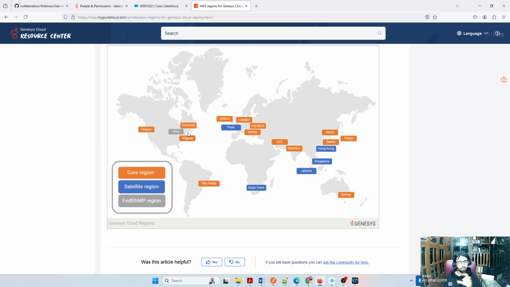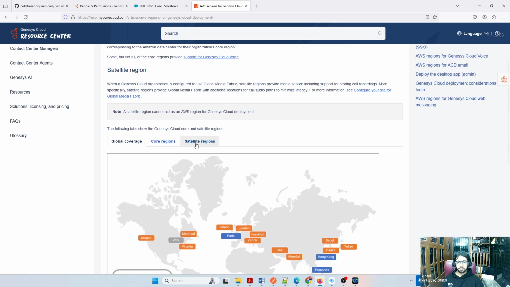So these are the available data centers of Genesys. When you initially talk with Genesys sales, you need to make sure you state that your primary location will be this. You can have a recording solution in a different location if you want to keep the recordings in a different way. They call it a satellite. Some small services will be available there, but your major call routing decisions and functionalities will always depend upon where the data center is actually located.